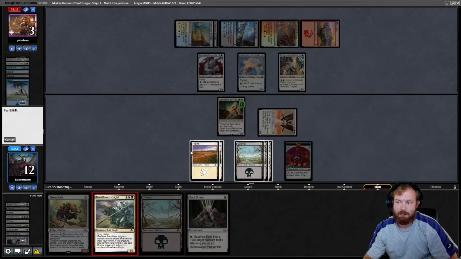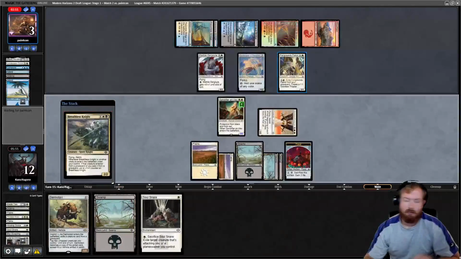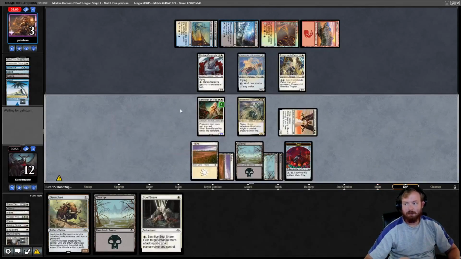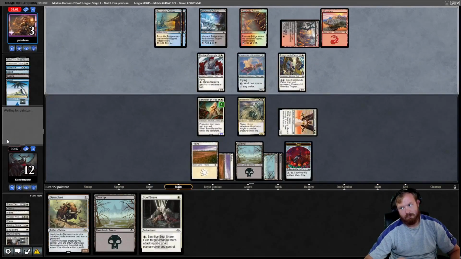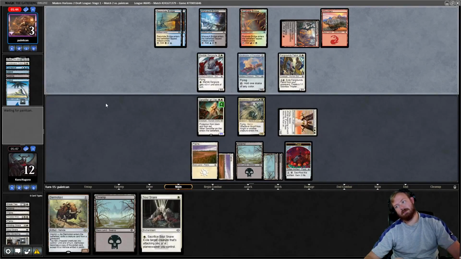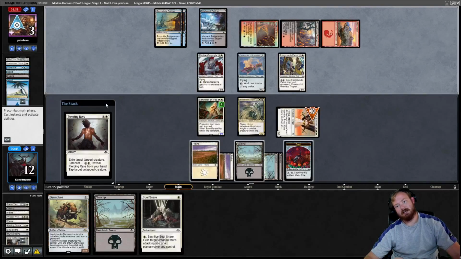Play a swamp. Play Breathless Night. Pass the turn, leave the food available. Opponent plays a tap land. So they need removal for Glorious Enforcer. If they don't have a way to actually do anything about it, we're just going to keep attacking until...